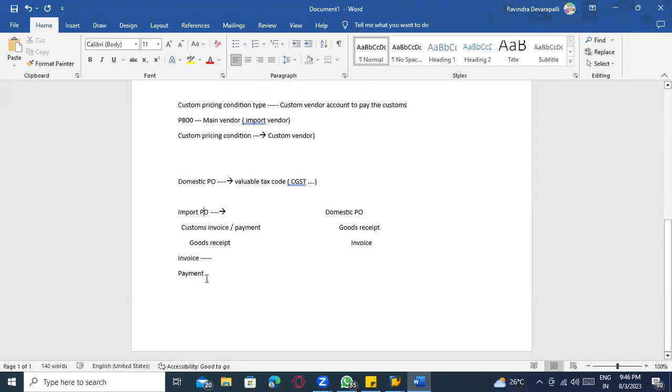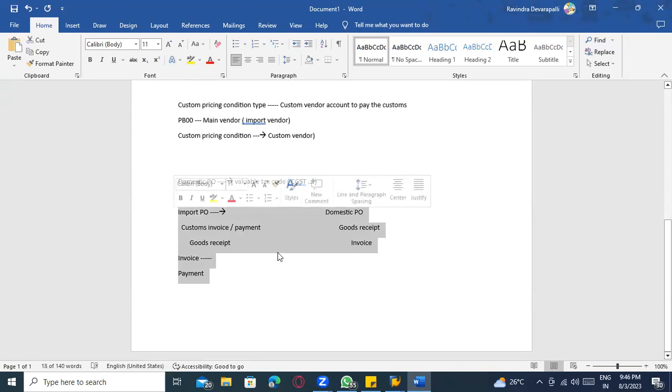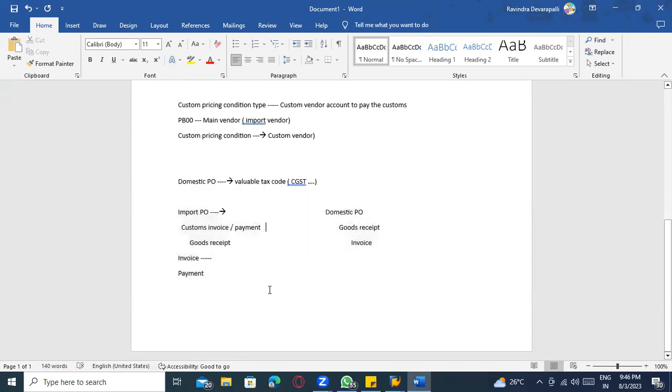I don't know what question he asked you, but this is the procedure. He asked me how it will trigger, which pricing procedure will trigger and where. In that case, you must say that for import we have created a separate vendor account group, and for domestic we have a separate vendor account group.